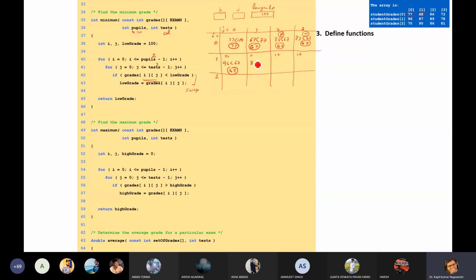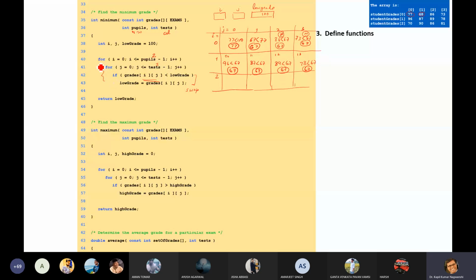Is 87 less than 67? No, so 67 holds the minimum position. Then 89 is less than 67? No, 67 holds the position.